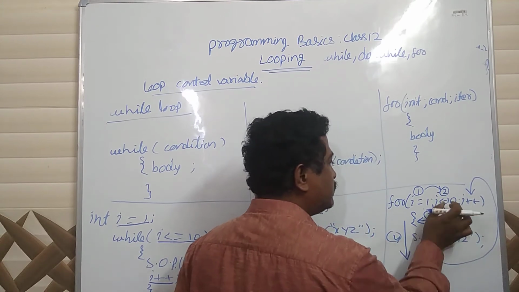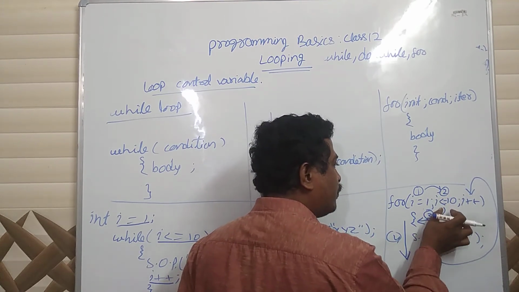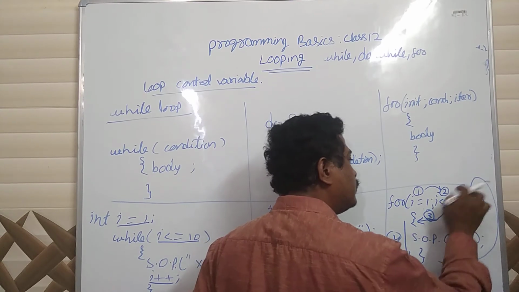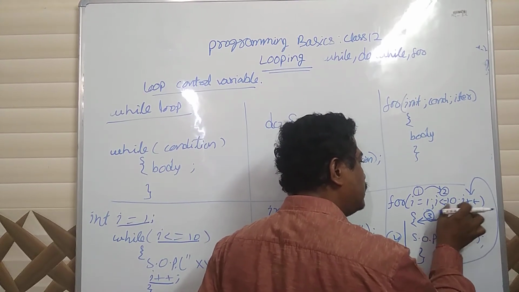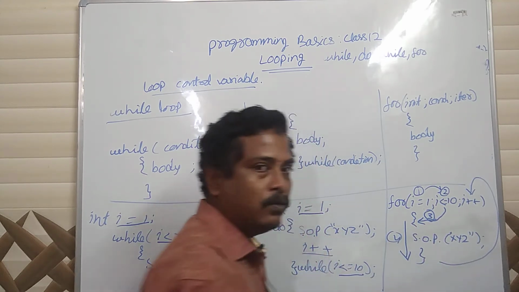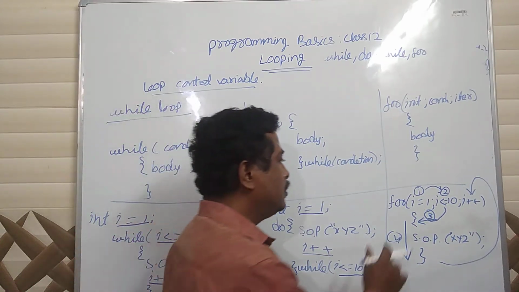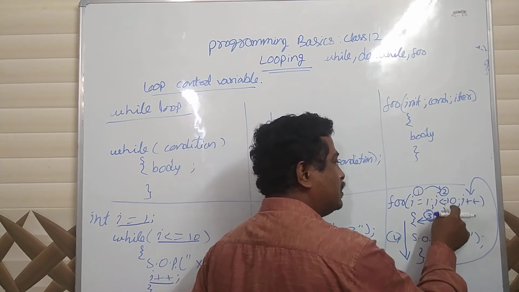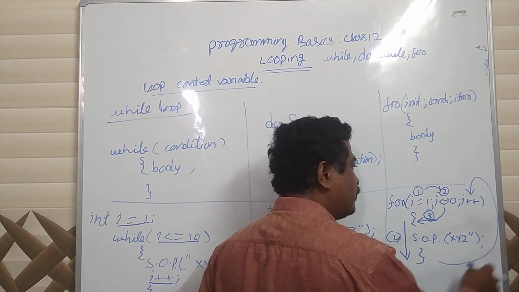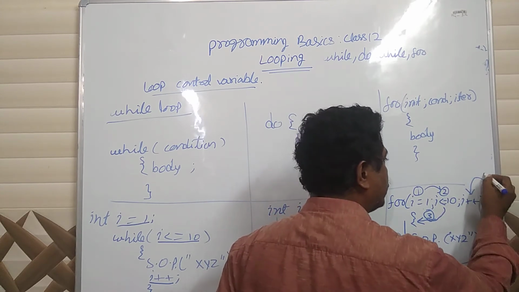See here a difference. Just after condition checking, though it is in a single line, after condition it will not go to iteration. After condition, if the condition is true, it will come to the loop. That is the important thing where everybody is getting confusion. So after the condition is checked, it will come to the body of the loop, the body will be executed, and after that, iteration. It is the fifth step.